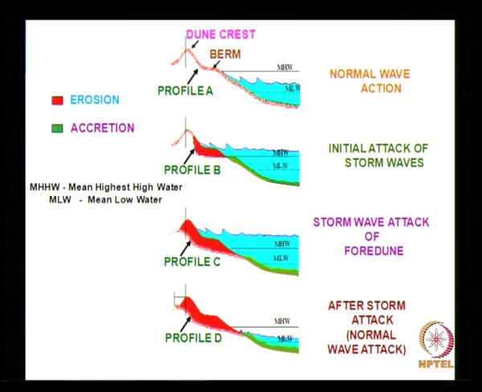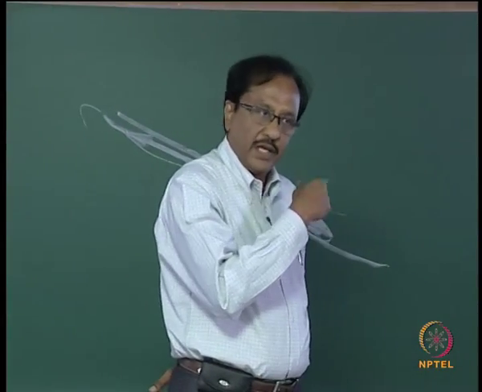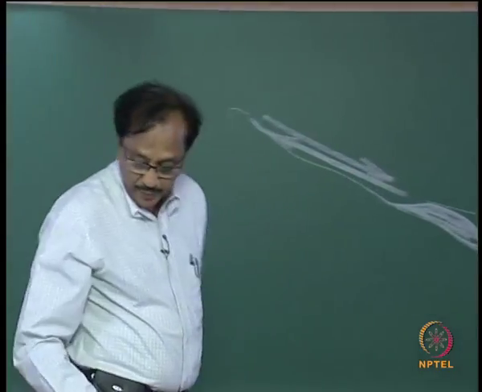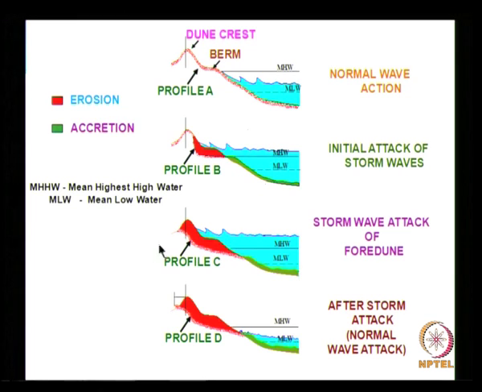As the storm persists, the cumulative effect of the erosion will be there, and you see a greater portion of the coast will get eroded as shown here. So all this area will be eroded and this sand is likely to be towards the seabed. So this is a problem that has occurred all of a sudden, and if you have some kind of structures, the stability of these structures is rather questionable.